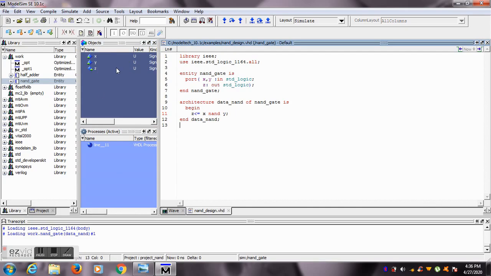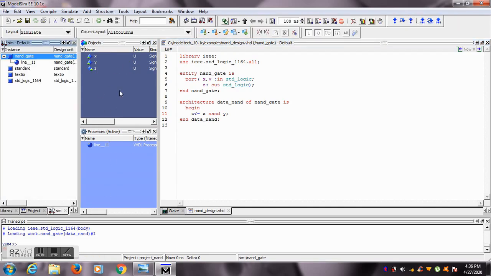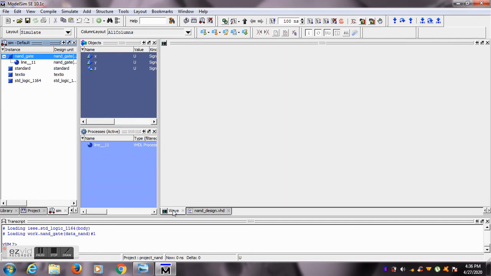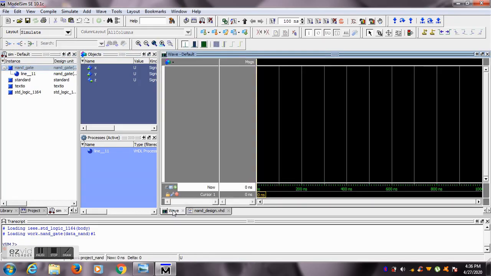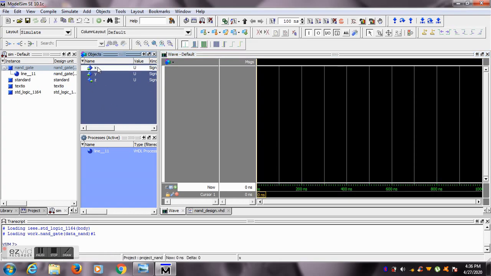So as you can see, all these tabs will appear. Now click on wave window. Now go to object tab and click on the first signal. Hold the shift key and click on the last signal.